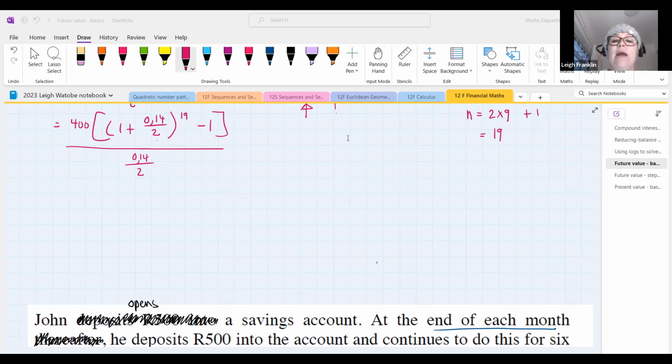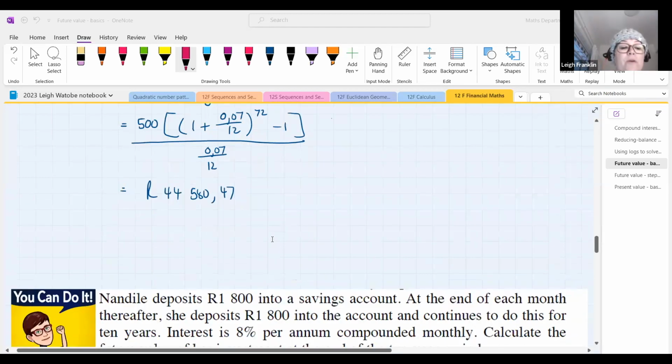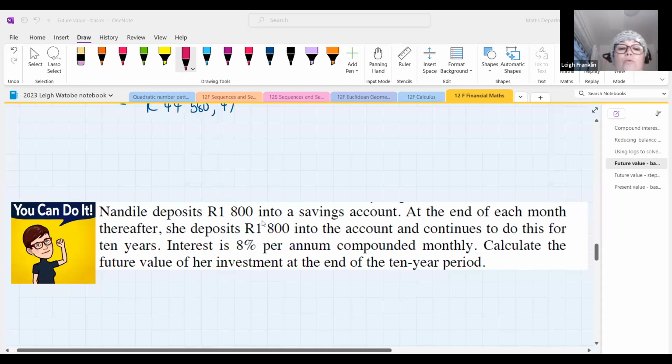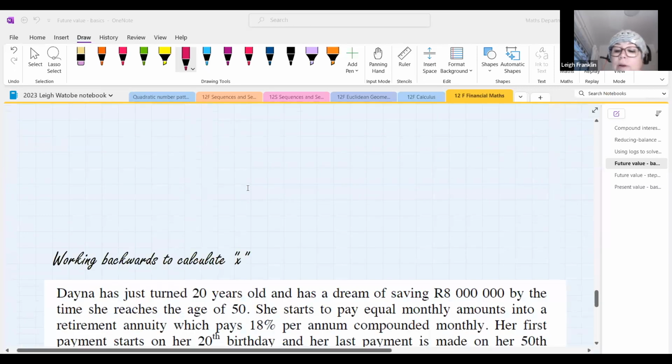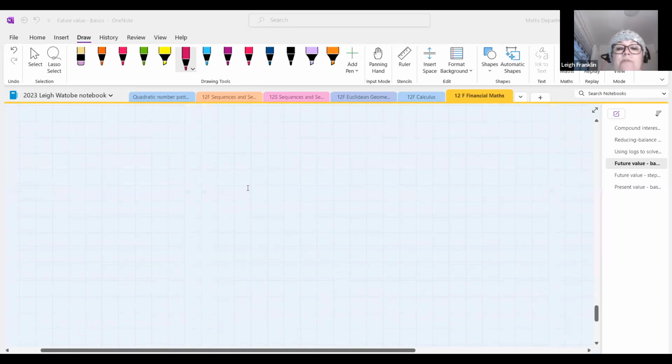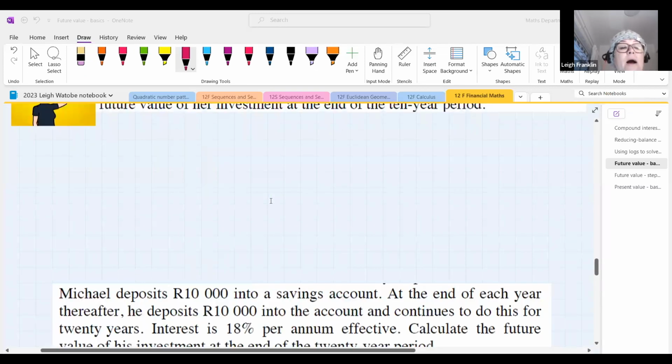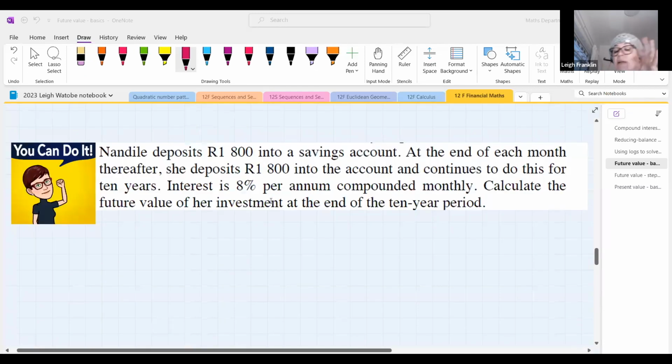All right, let's go and have a look at yet another one and decide whether or not there is an immediate payment or not. Let's have a look at this one. Again, it's not very different from anything that we've already done before. We're just consolidating the basics. Nandile deposits 1,800 Rand into a savings account. At the end of each month thereafter, she deposits 1,800 Rand into the account and continues to do this for